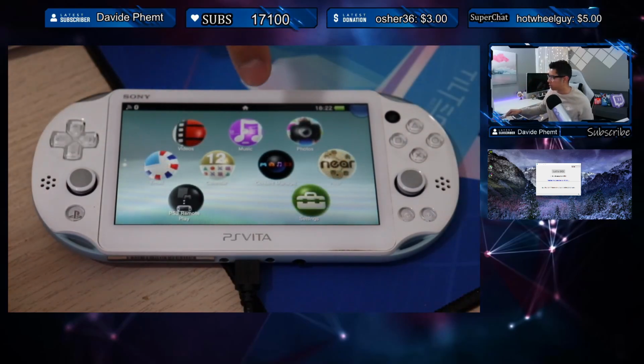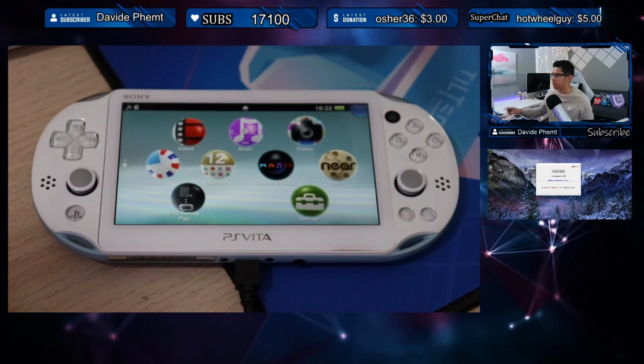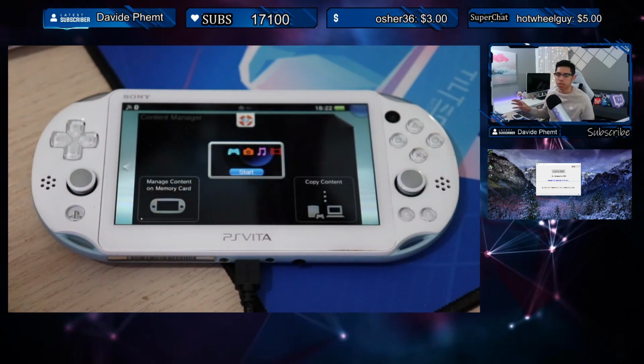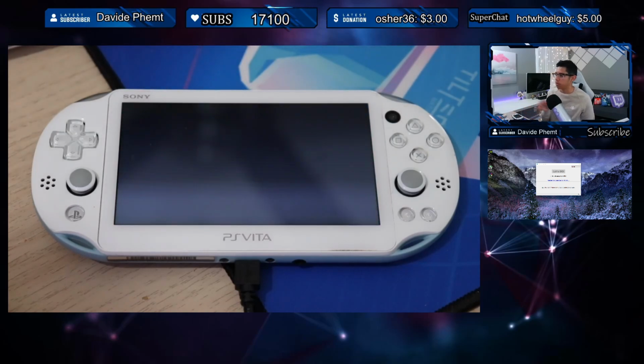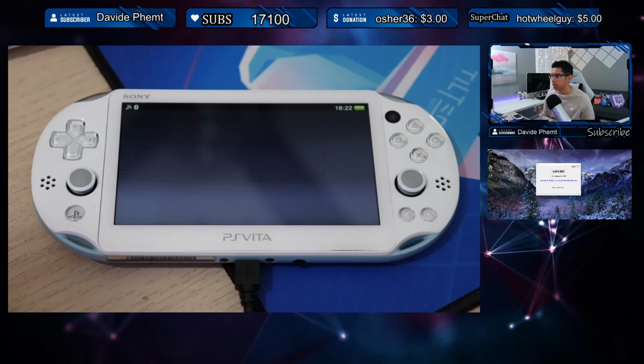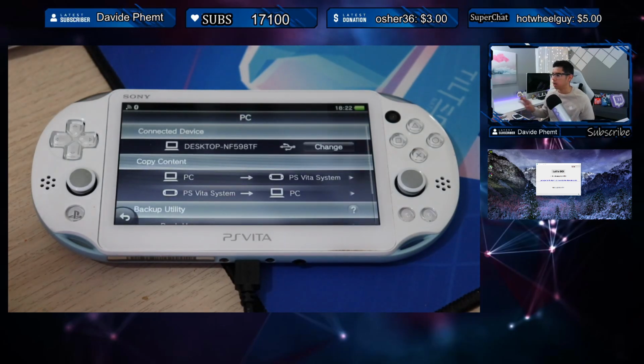Nice. Once connected, you should see Content Manager moving up and down, saying it's ready to connect, which is good. I already connected mine because I wanted to make sure everything was working before I made this video. So now we're going to Content Manager, and it says please wait, and it automatically connected me to the PC. So I'll go back,